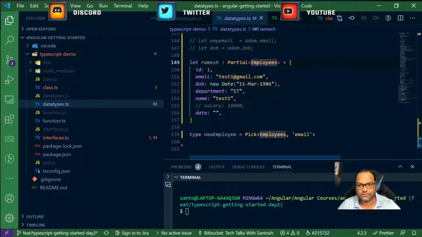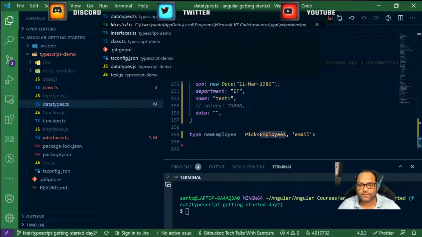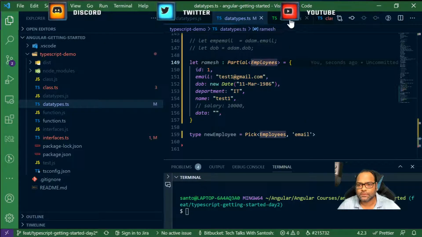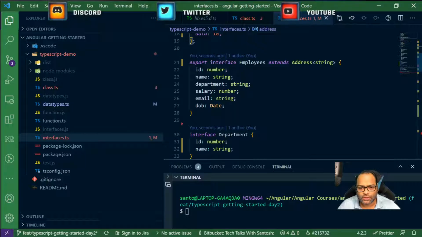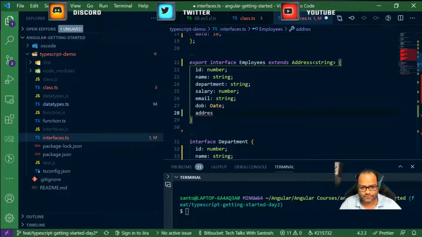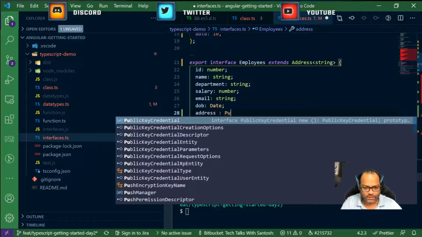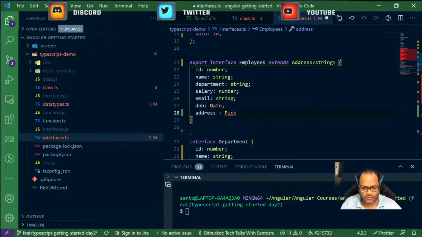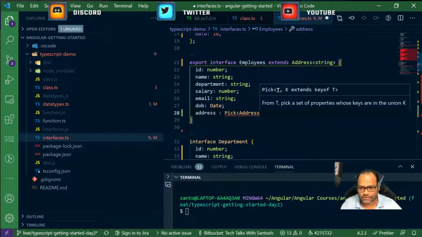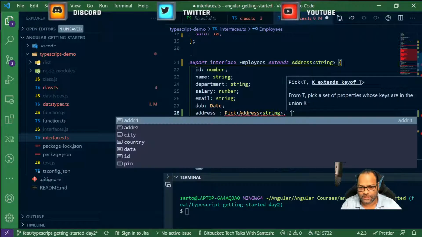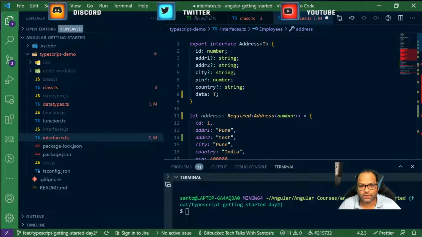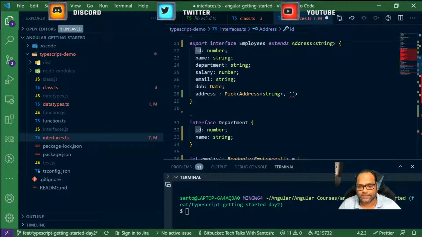So for example here, in the interface, I can also do that. There is an address property where I pick from the address interface. I can pass the address interface, and then of course it requires some type, so I can say, okay, this is string, comma, one of the keys, right? Let's say I wanted to have ID, and I can change this to address ID.